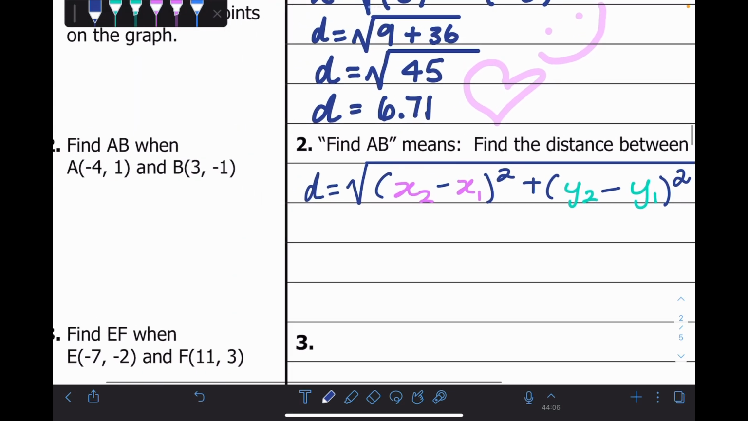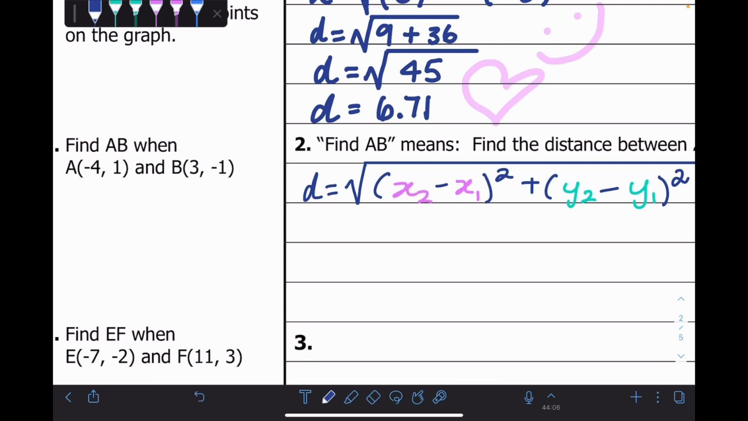So let's go find our points. I'm going to say that this is my first point and this is my second point, just for ease's sake. So I'm going to start throwing everything into my formula. So x, not x squared, geez, x second point, so second point and my x is 3,